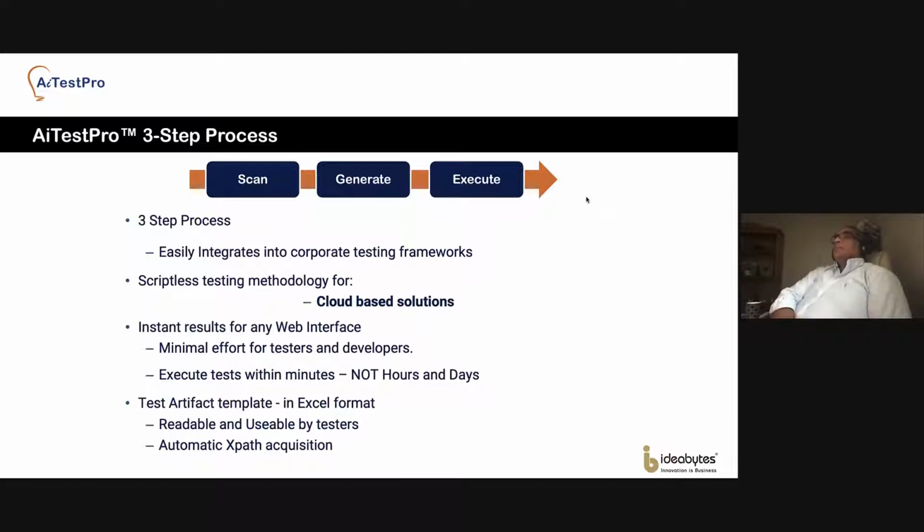And in this step, the biggest challenge most automation has is XPath, relative or absolute. How do I capture the XPath? It's painful. AiTestPro captures it automatically. And the nice part is when you rerun the test script, if the XPath has changed,